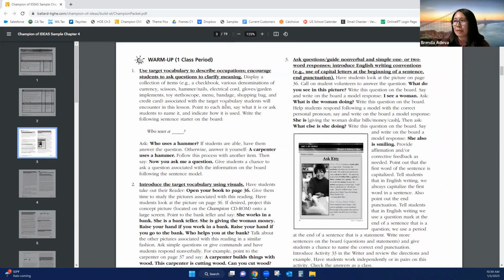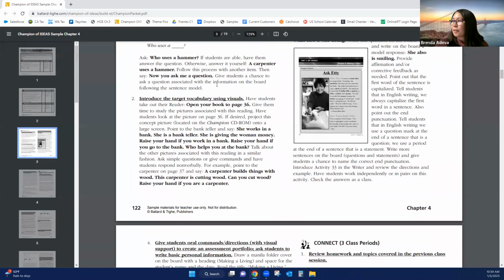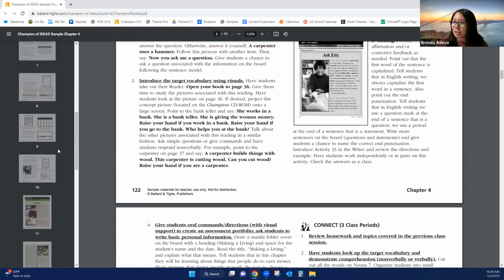In all of our lesson plans, you will see here it's completely scripted for the teacher. Whether you use the scripting or not, that's up to you, but it is scripted for that level. So again, scripting for about a 1.5 here, and you can talk about more simple things for the lower levels and ask more questions for the higher levels. So a carpenter uses a hammer, so a tool that the occupation person is using. And then you'll see here a teller that works at a bank. We're going to look at this picture.